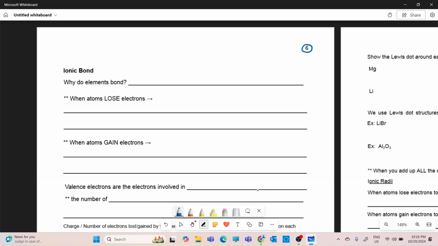Okay, so today we are going to talk about ionic bonds, why elements react, what is the need of reacting. We already learned the last group of elements, which is the noble gases, that is the 18th group of elements. They will not undergo any chemical reaction because they are stable. Reason: they have 8 electrons in their valence shell. That is called an octet.